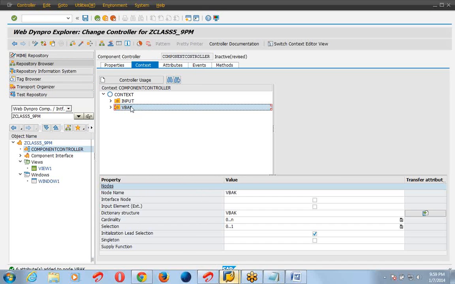Now we have to create another node under VBAK.